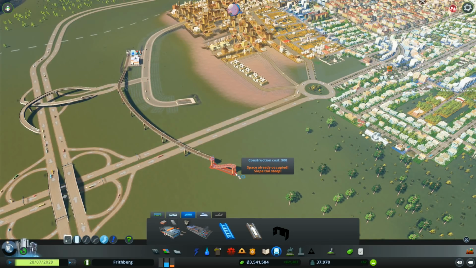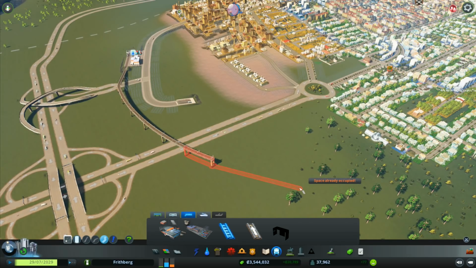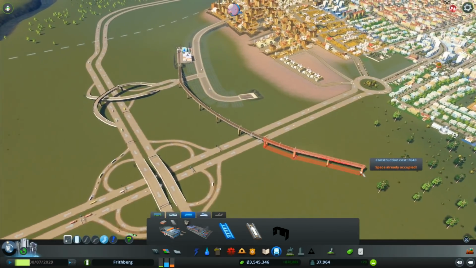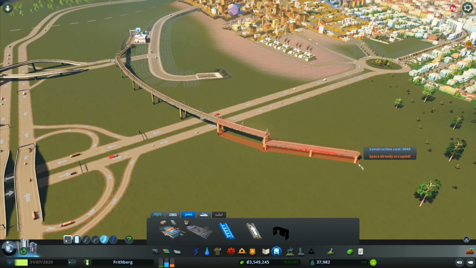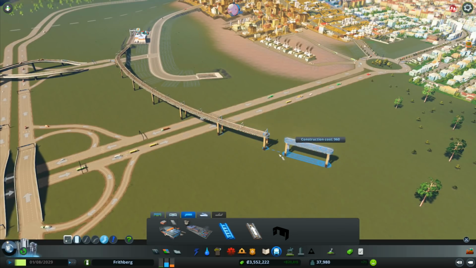Really? Okay, I want to... What? Why are you doing that? Okay, let me bring it out. There we go. That's what I've got to do. Right. Space already occupied. It doesn't like that for some reason. I'm not quite sure why it doesn't like it. We go from there. Space occupied. Oh, I think I know what I've got to do. I've got to join the two together afterwards. So if I bring that one there, and then I join...